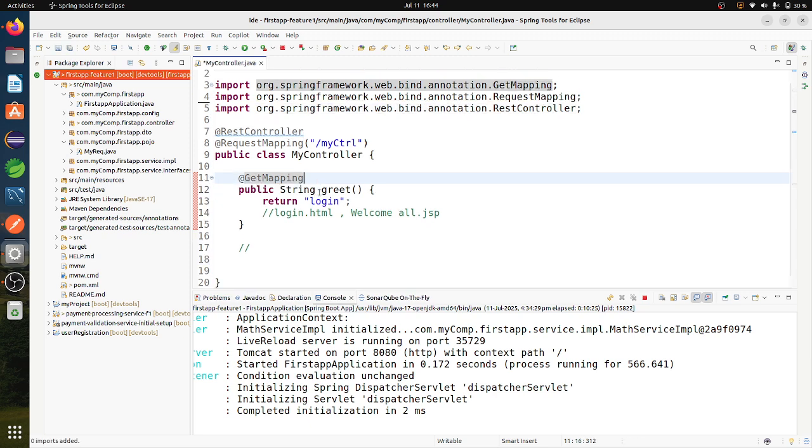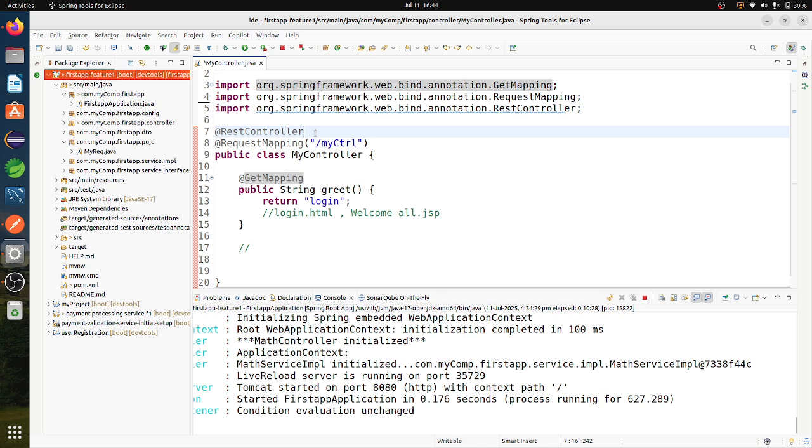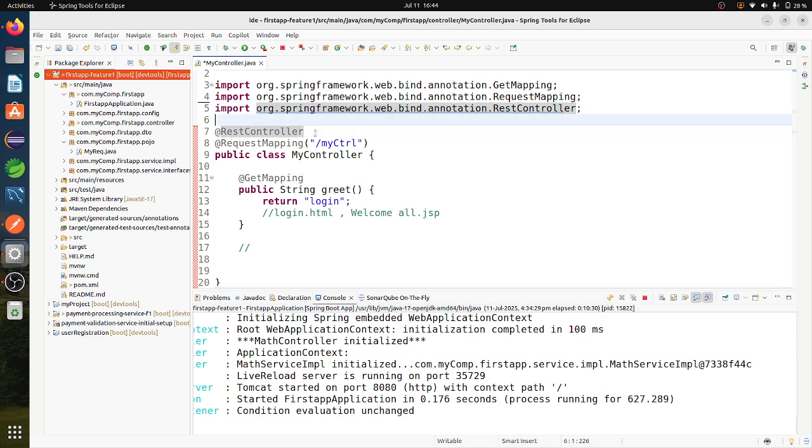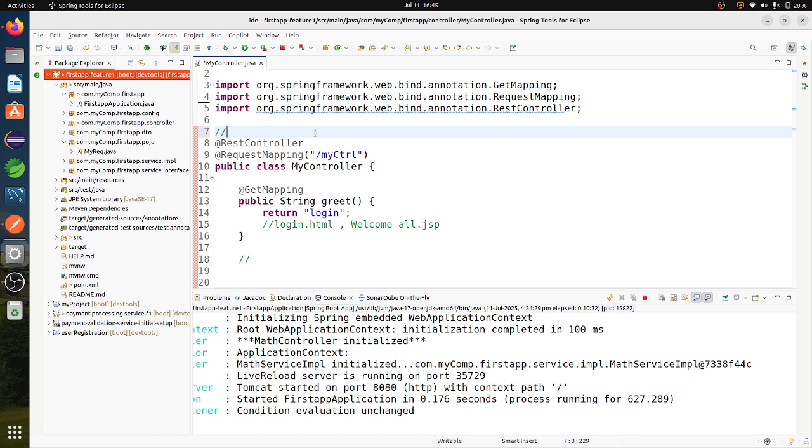Why? Because @RestController is the combination of both @Controller and @ResponseBody. We can also say @RestController equals @Controller plus @ResponseBody.